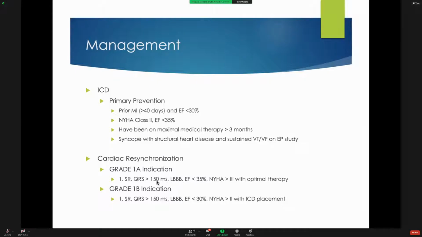If the patient fulfills these criteria, they are eligible for cardiac resynchronization therapy, and that will improve the morbidity and mortality for those patients. For grade 1B indication, it is almost the same. Sinus rhythm, QRS complex 120 to 150 millisecond, left bundle, ejection fraction less than 30, NYHA class of 2 with ICD placement. So you will just upgrade the ICD to the CRT, because ICD has two,